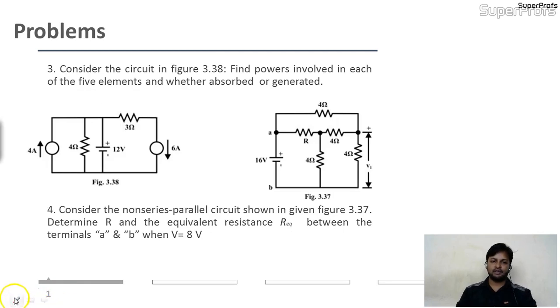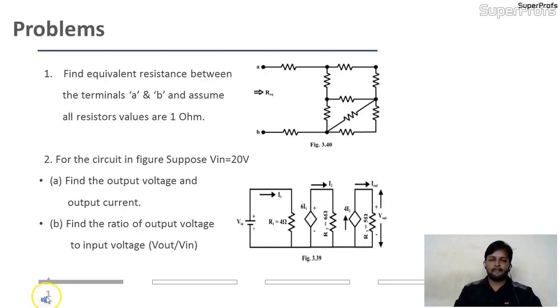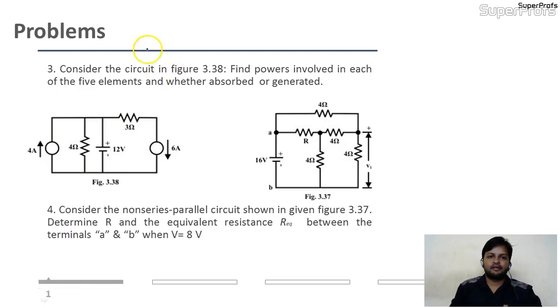Come now, next. Consider the circuit in figure 3.38. This is your circuit. Find the powers involved in each of the 5 elements and whether absorbed or generated. See, this is the circuit: 4 ampere, 4 ohm, 12, 3 and 6. So, our task is to